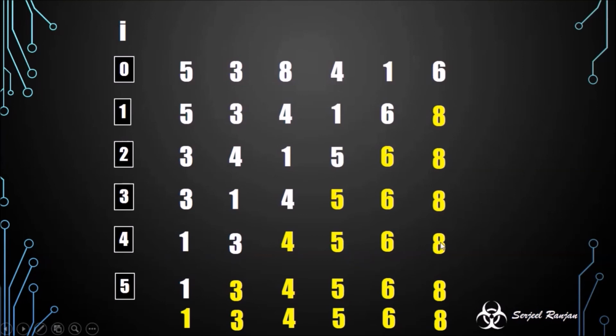So there is not even a single swap that will happen. If there is no single swap happening, this shows we don't need to check any further and our array is already sorted. So we will utilize a variable flag of boolean type for this. I will show you how it is done in the program.